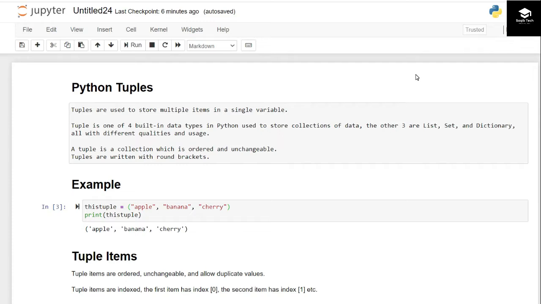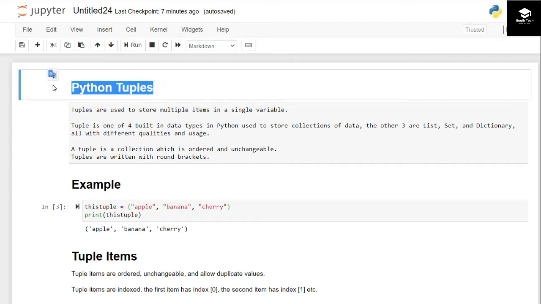So guys, in the last lectures we have completed three of our data structures. First of them was list, then we studied dictionary, and then we studied and practiced sets. So today's lecture is about the last data structure of Python, that's called tuples. Today we are going to study tuples, and